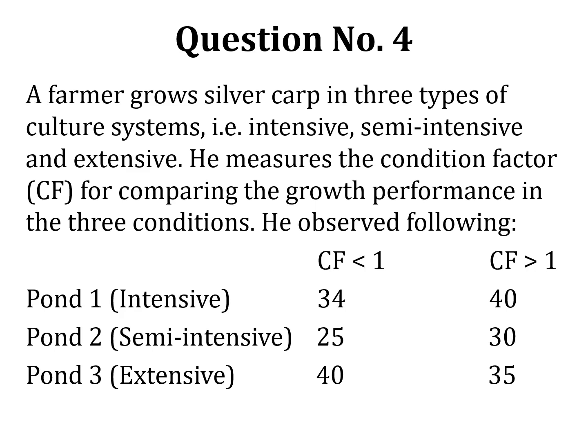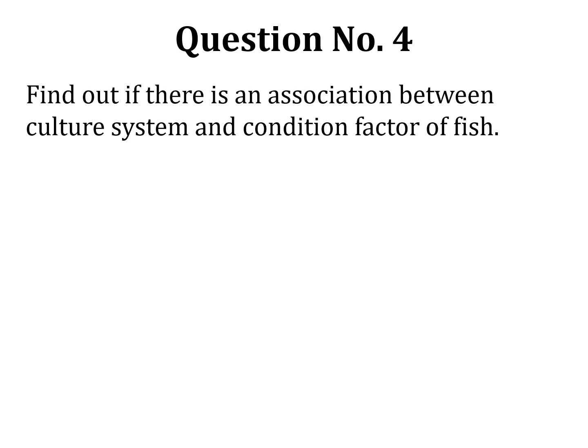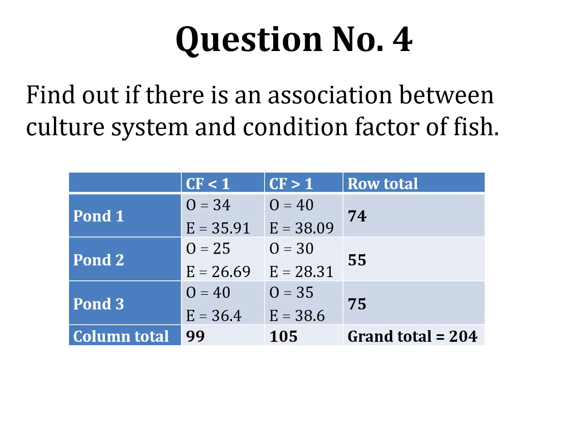And there are 2 classes for the condition factor, less than 1 and greater than 1. And these are the observed frequencies. Now the question is, find out if there is an association between culture system and condition factor of fish. These are the expected frequencies that we calculate by the formula which is used for the chi-square test of independence, the row total multiplied by column total divided by grand total,